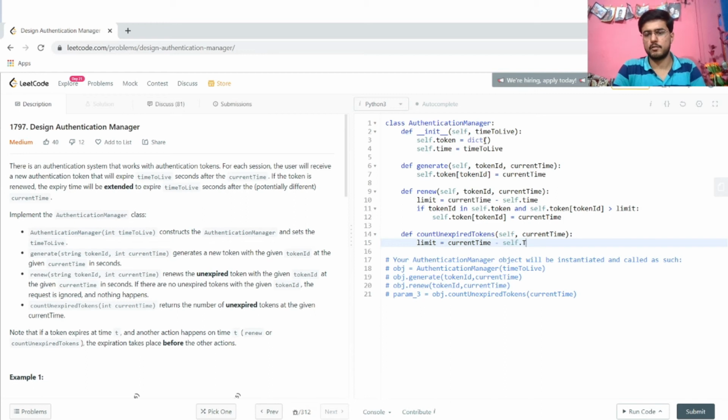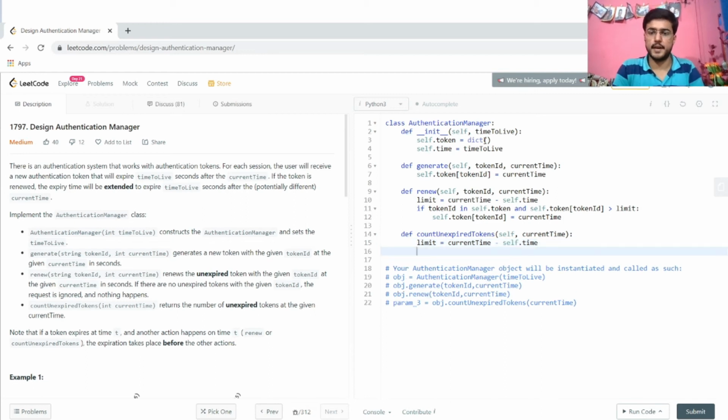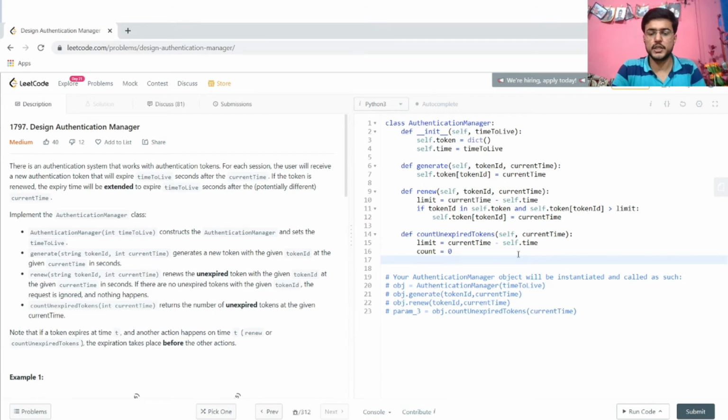I'm creating a count variable initialized with 0, and iterating over self.tokens.